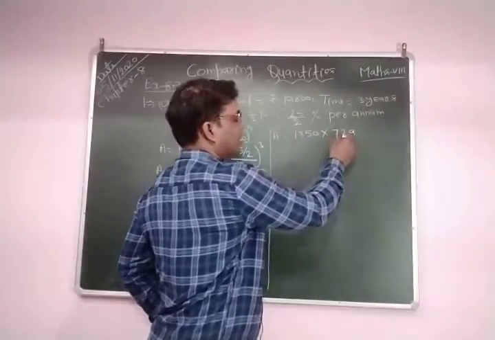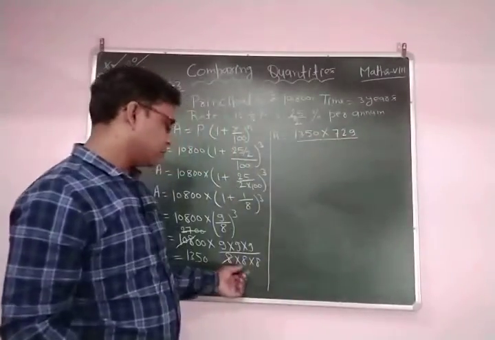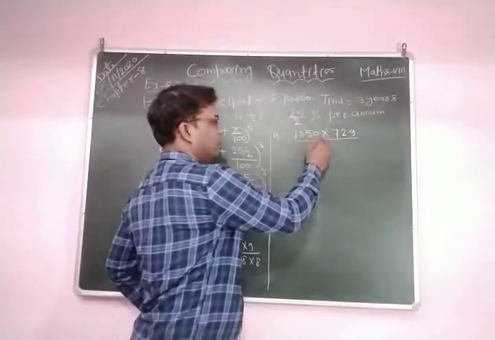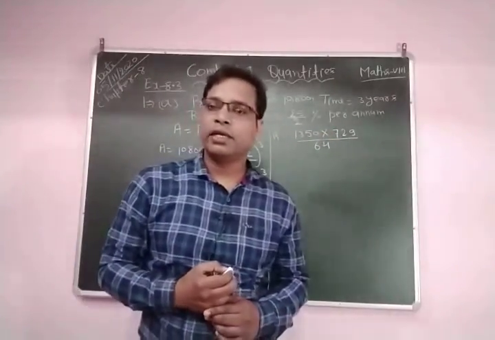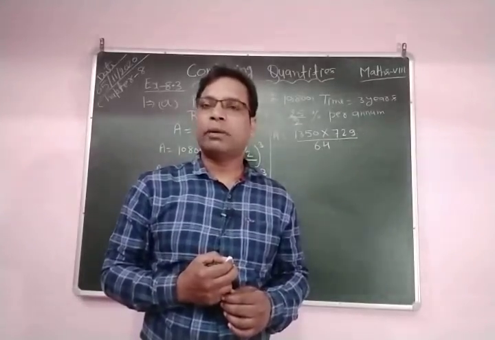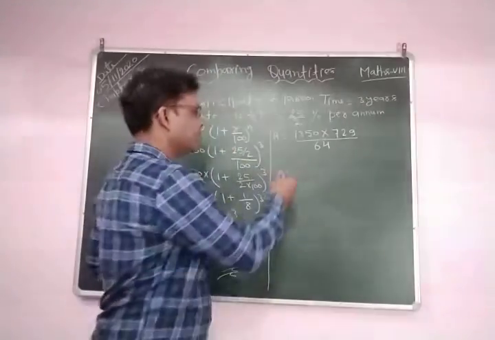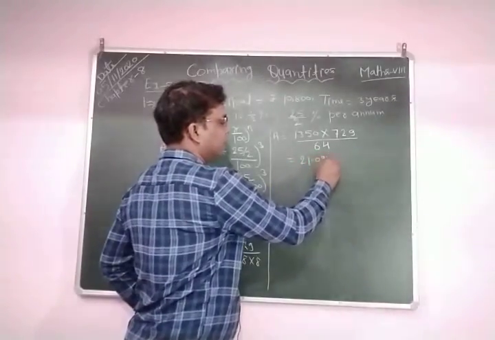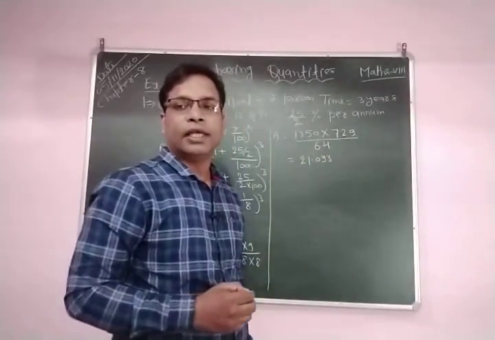This is the cube of 9, and divide by 8 into 8, we cancel 1 8 but we have 2 8. 8 into 8, this is equal to 64. When we divide 1,350 by 64, then we obtain 21.09375. Okay, so this is equal to 21.09375